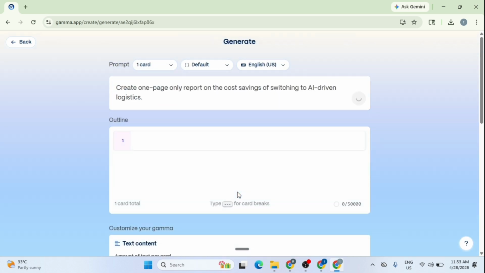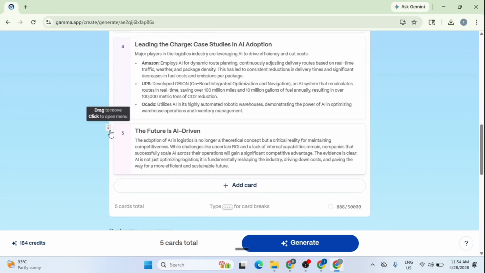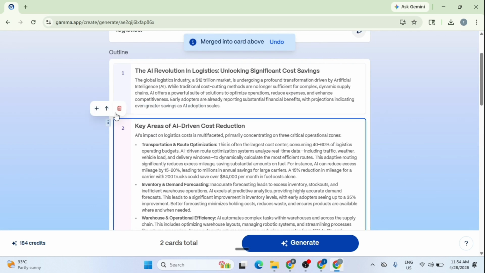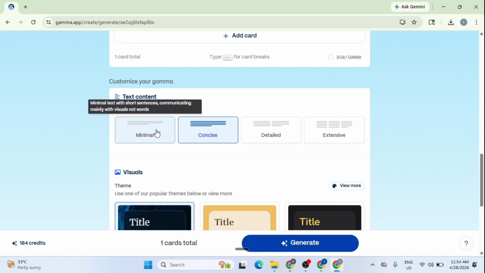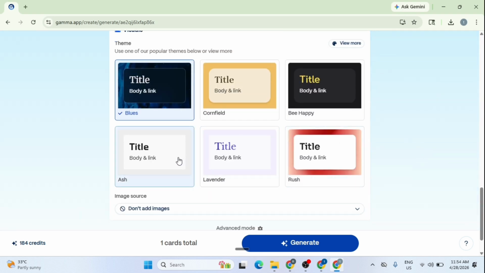click Generate Outline. The AI generates several sections, so I'll click the merge icon on each subsequent card to pull all that information up into the first card. Now that I have one card total, I'll set the text content to minimal and choose the ash theme for